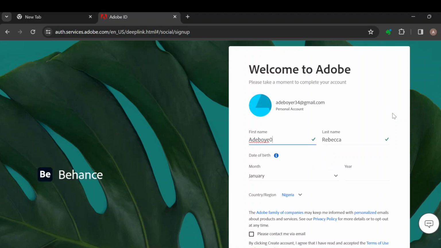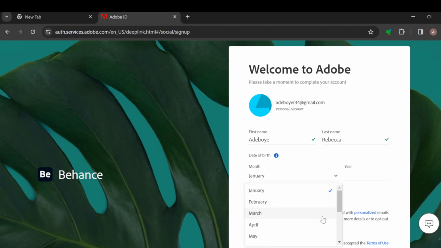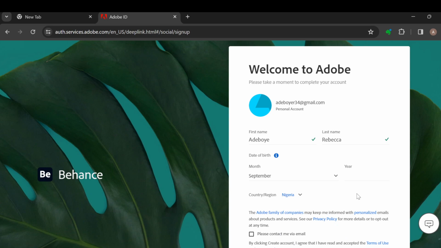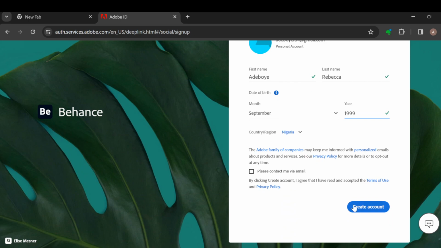So once you're on this page, you'll be asked to input some information about yourself, which includes your first name, your last name, your month of birth. So you can just go ahead and select it, as well as the year. So just select it, for example, mine is September. Then you just type out the year in here, and then if I want to be contacted via mail, I can just check this box. But if not, I'll just scroll down and then I'll click on create account,